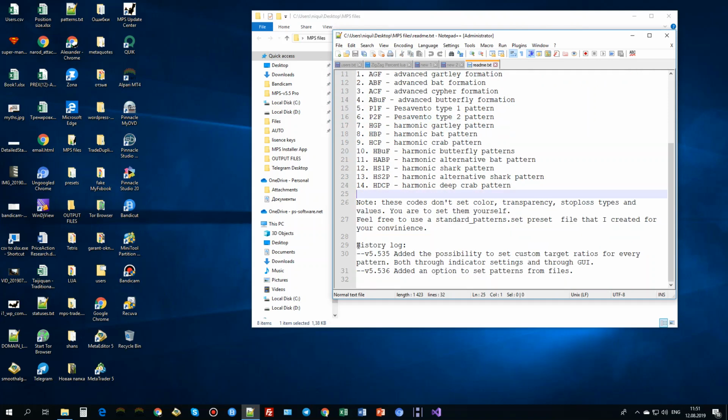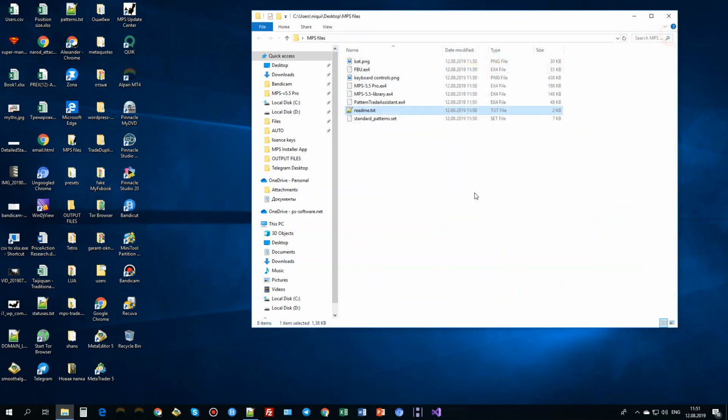Okay, and also I started logging the history, and in version 5.536 I added an option to set patterns from files. Previously I added an option to set the direction of your trading from files based on pattern ratios. This is a bit different now. Now you can set the pattern itself. You can set the B point ratio, the C point ratio, stop loss, take profit, and target,